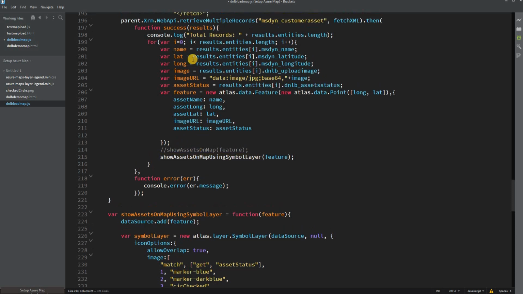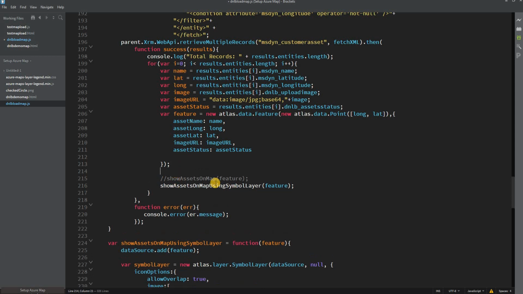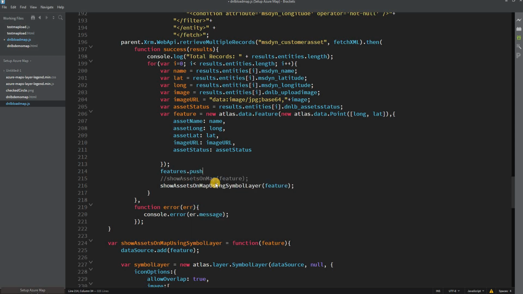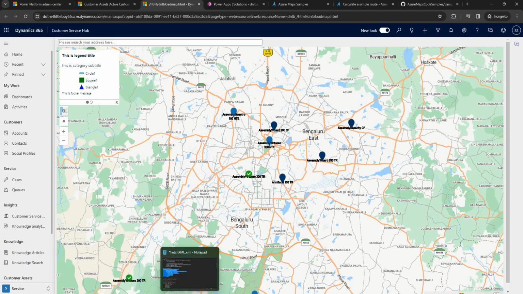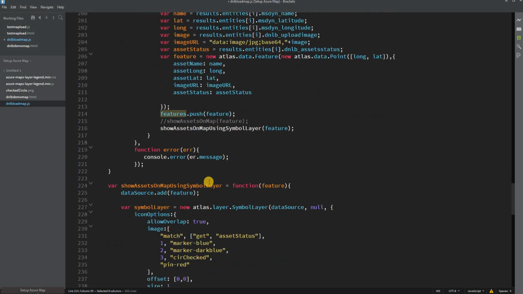So here, when this feature is created using each record one by one, we can push this feature into our feature variable. So feature.push, that is the feature. So we are collecting all the features we have on the map. Basically, these icons with these location details we have pushed into our feature array, and then there is